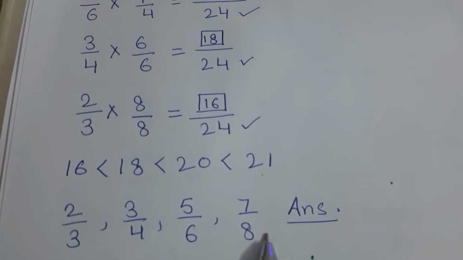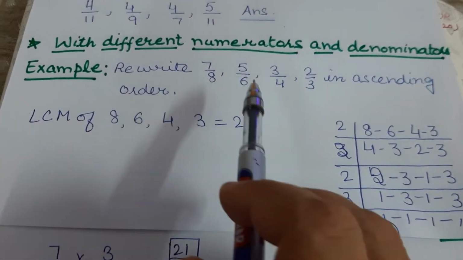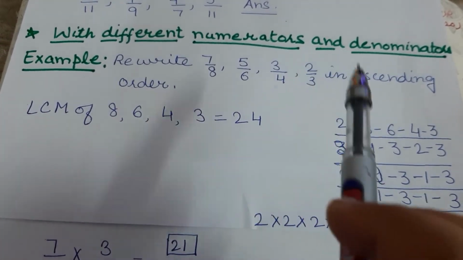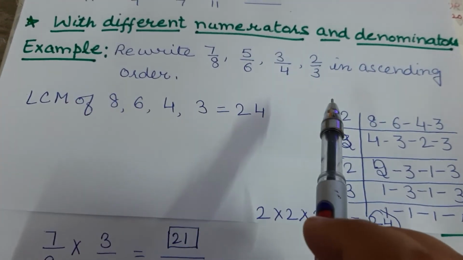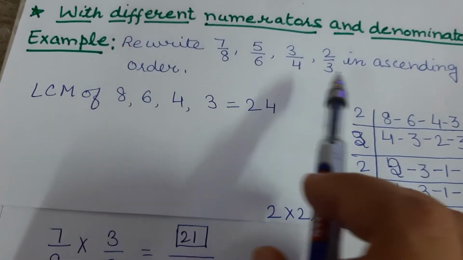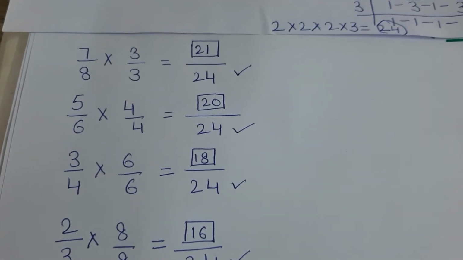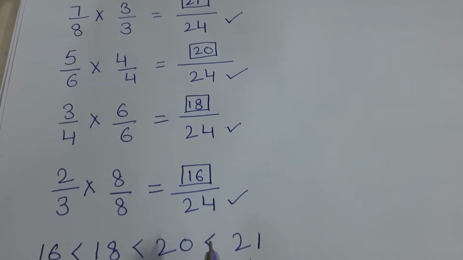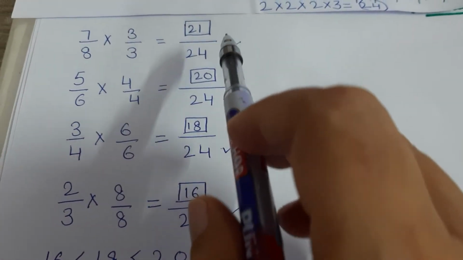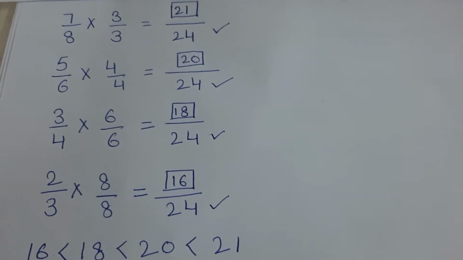So I hope it is all clear to you. Only the first step is different, that first we will make their denominators equal. And what is the procedure for that? Finding the LCM of their denominators. Then we will find the equivalent fractions with same denominators. Then the rest of the sum is all same, which you have already done, that is how you will compare when denominators are same.